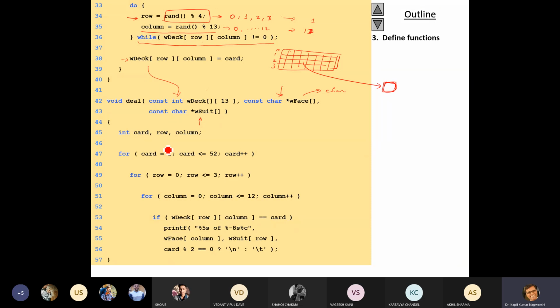For integer card equals 1 to 52, and row equals 0, there is no problem. And for column equals 0, column is less than 13, column plus plus. Okay. So how many cards are there? 52 cards are there. How many rows are there? 4 rows are there. How many columns are there? 13 columns. So 4 rows and 13 columns. Fine. So if W deck row and column equals card, whatever value of card is there,